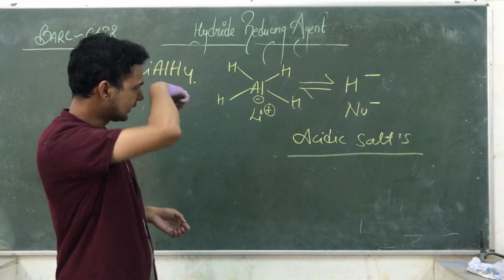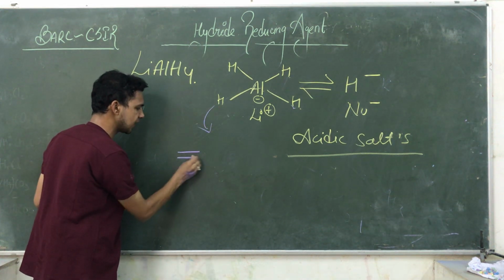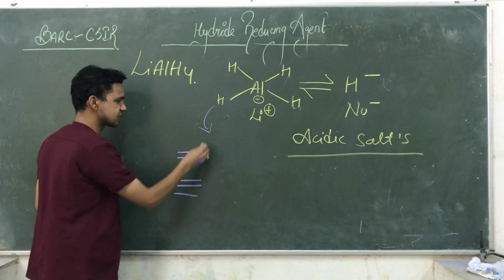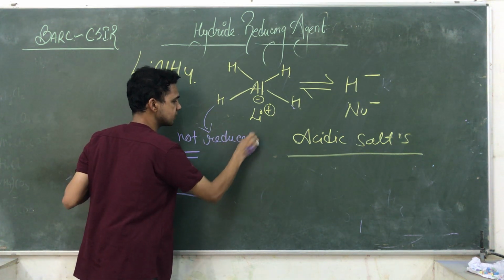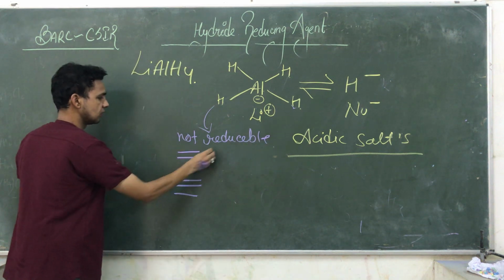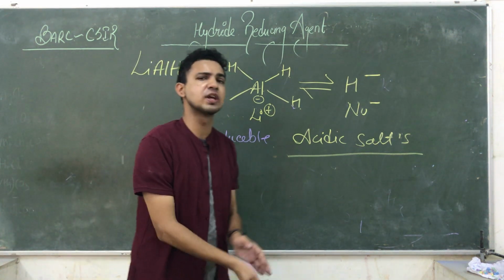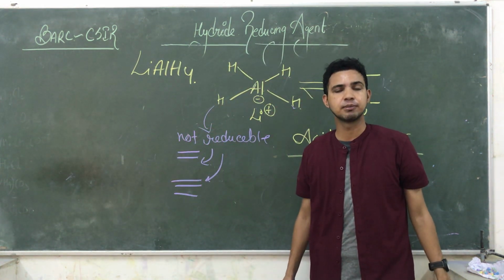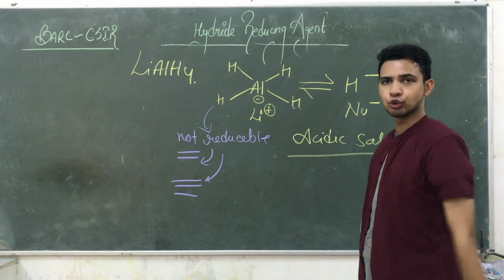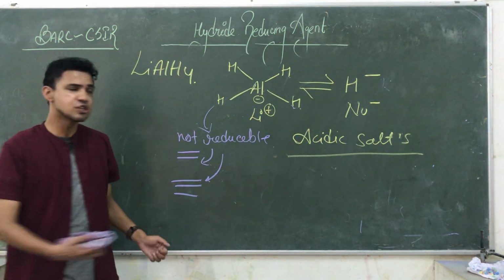Okay. The second thing, lithium aluminium hydride is not able to reduce all types of double and triple bonds. Not reducible double and triple bonds in such cases. Only a few cases are here. I am just giving you the information related to lithium aluminium hydride. See, I am showing you one of its reactions. How does the reaction take place inside the solution?